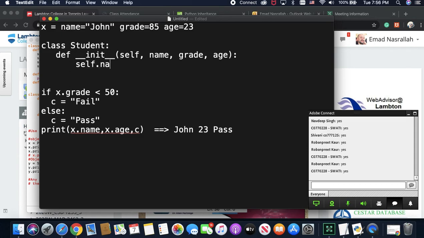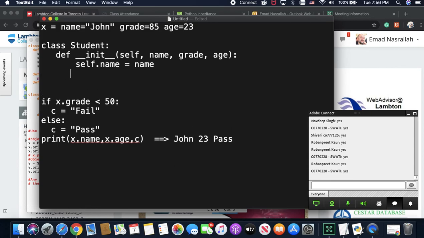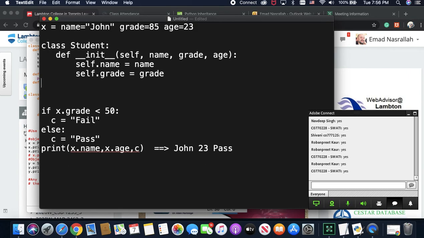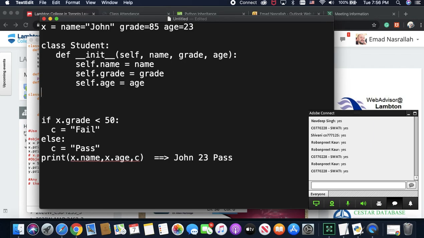Self dot name equals name. Self dot grade equals grade. Self dot age equals age. That's it. This is the class. Now, I need to create x. x equals